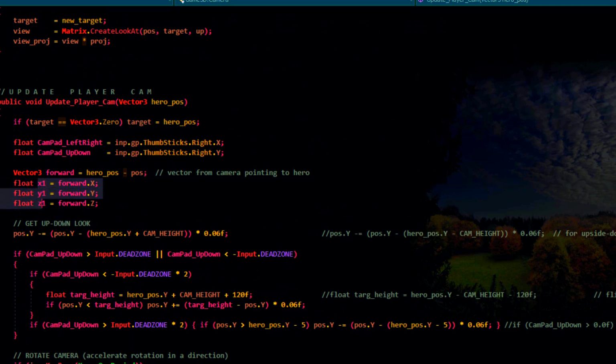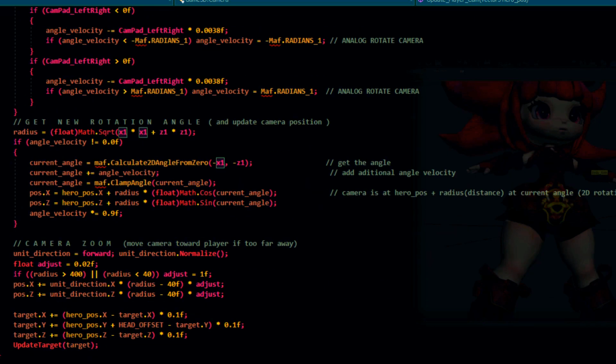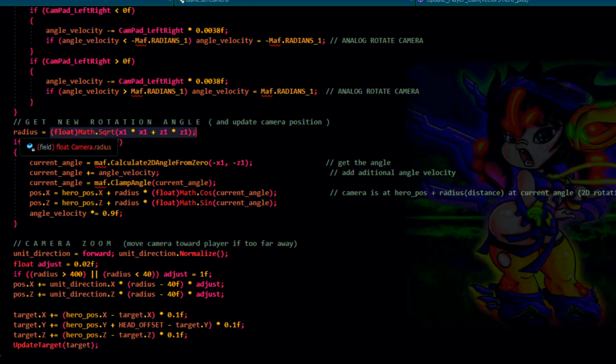And we got those components in x1, y1, and z1. So this would be the x distance, y distance, and z distance between the player and the camera. And so what we do down here is we go x squared plus z squared, and then we get the square root of that to get the length of that vector. And so that's your top-down version of that rotation vector, the vector between the player and the